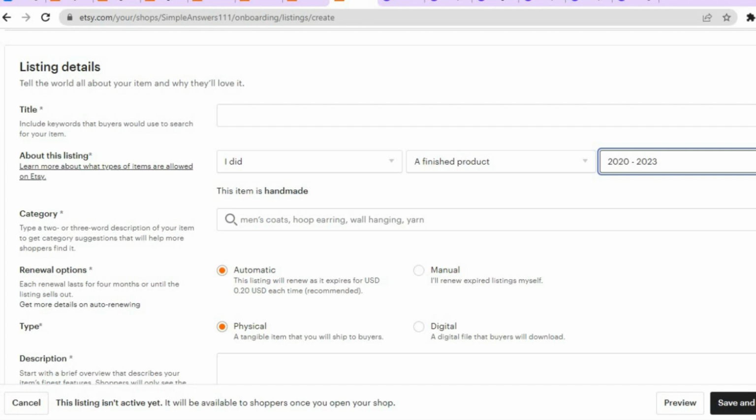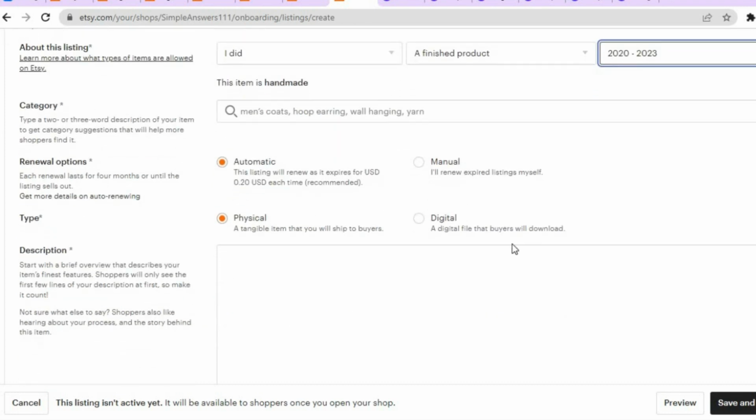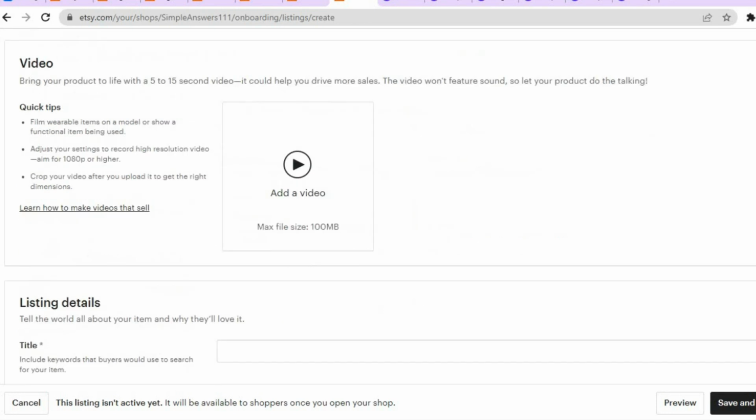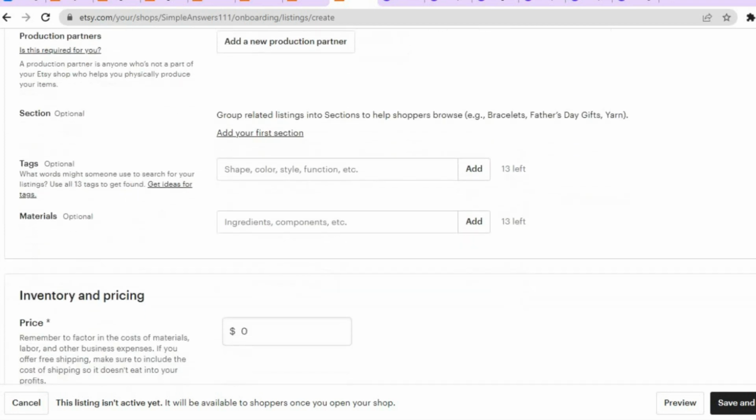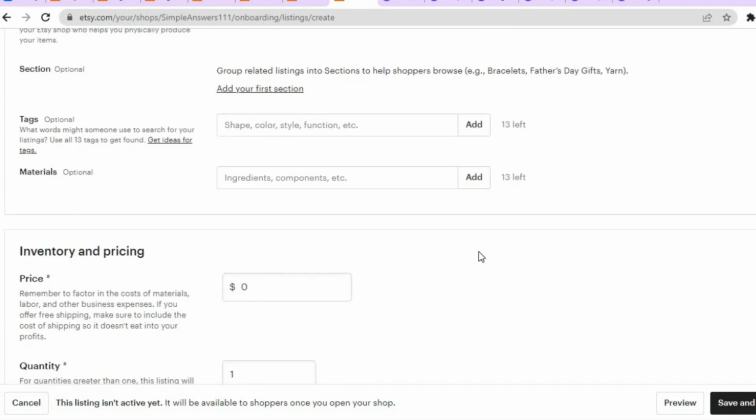Then you can scroll down, and right where you see digital, you're going to tap right there. You can add your description right there. After you have added your description, you're going to scroll down, and from here you can add tags. And basically tags are keywords that persons search for, and you want to be careful with the tags that you add,